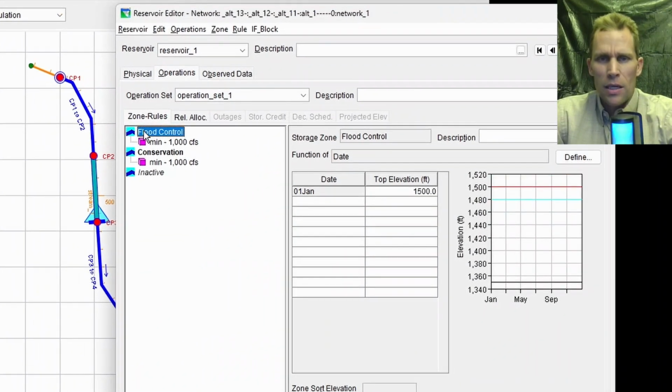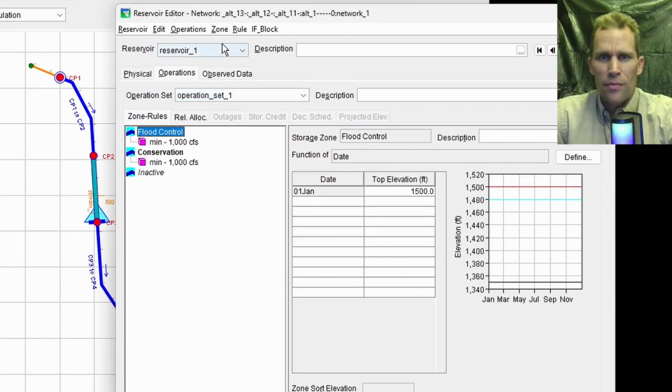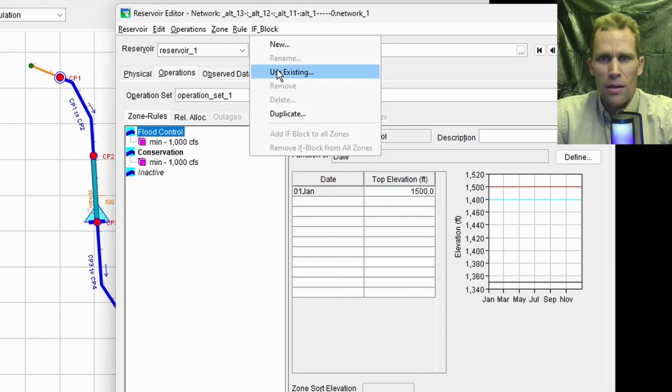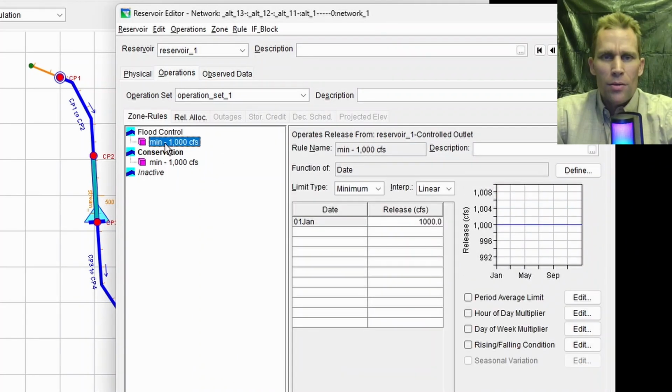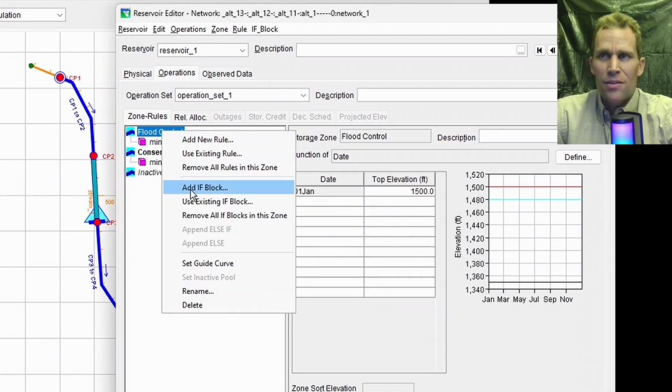Yes, it looks like it's gone. It's not. It's saved. It's part of the reservoir. I can add it back in by going if block and then use existing. And then here it is right here. All right, so what I want to do is add an if block, and this is going to check